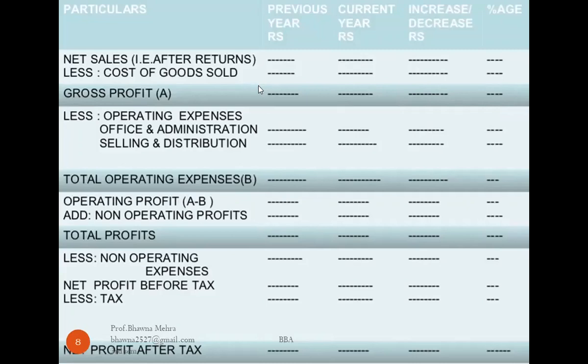When we find the operating profit, we have to subtract: A minus B, the gross profit minus total operating expenses. Then we have to add non-operating profits. Then we come to know the total profits in the business. Then less non-operating expenses. Then we have to figure the net profit before tax, less tax, and we get the net profit after tax. So this is all about the pro forma of the